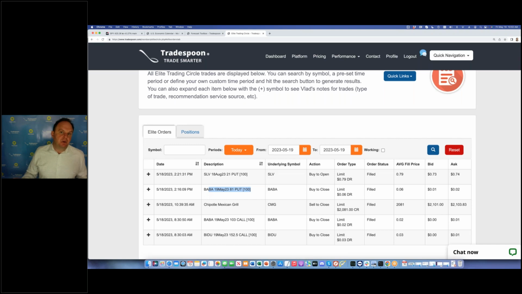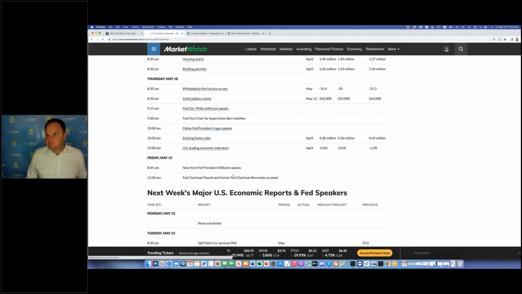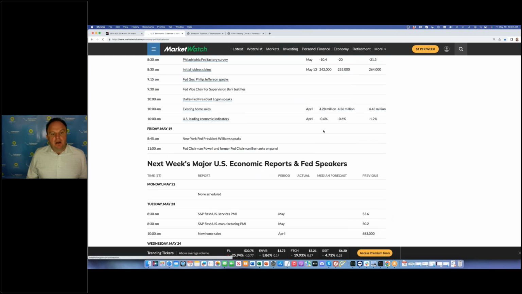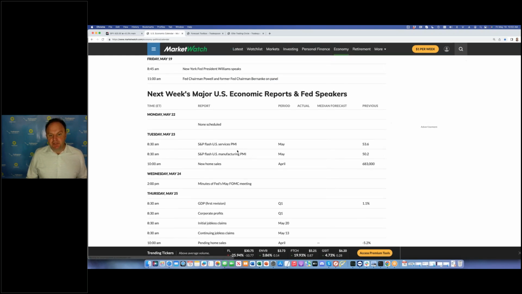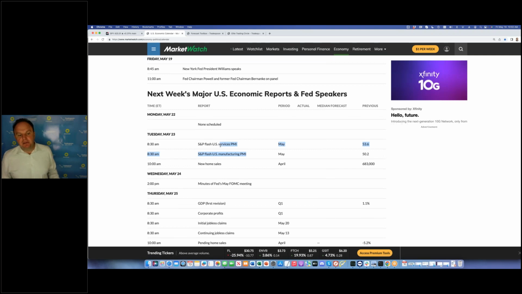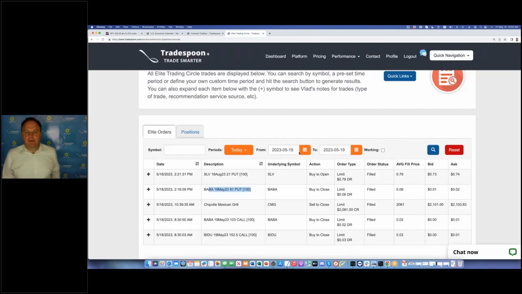So if you believe the market is trading sideways and you don't really have a strong opinion that the market is going to go higher or lower, it seems like on the day where there's an announcement of artificial intelligence or debt ceiling, then the stock market goes higher. Next week we have Powell actually start speaking. And then we have manufacturing and services PMI. If that comes in worse than expected, right, or GDP revisions come in worse than expected, the market is going to pull back, right? So depending on what the headline news is, the market is going to react, right? But it doesn't look like it's breaking one way or the other. Well, now it looks like it's breaking to the upside.